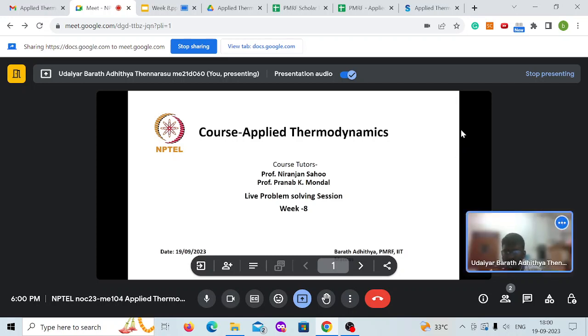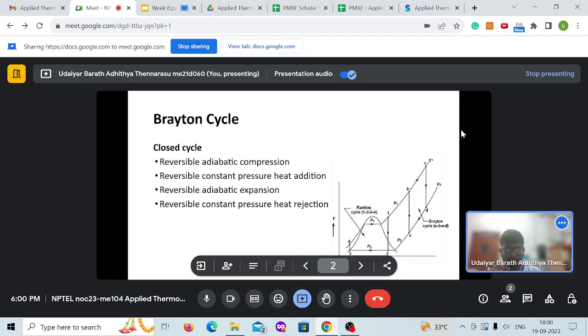This is week 8 of the Applied Thermodynamics course problem solving session. Previous week we saw internal combustion engines and how they work, and we saw heat transfer in the internal combustion engine and exergy analysis. In this week we'll see the Brayton cycle. We'll see some numericals on those, and to start with, we'll see what are the processes involved in a Brayton